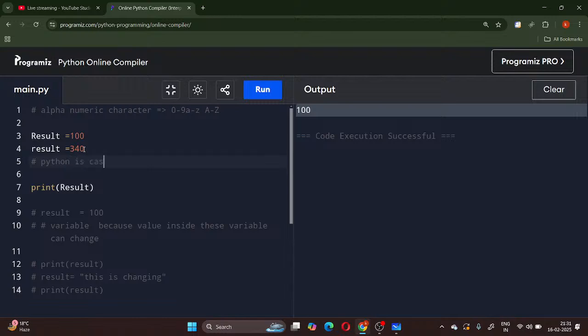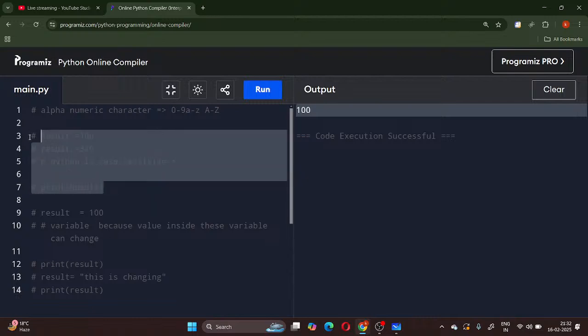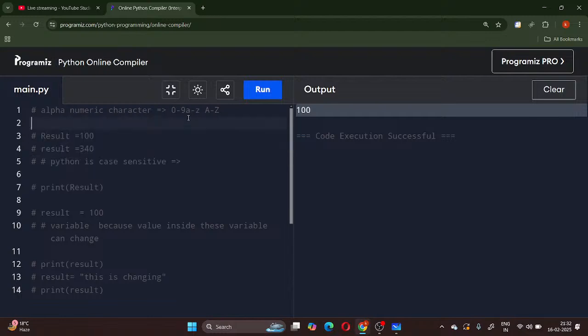Python is case sensitive. Case sensitive simply means that a small case and uppercase are treated differently. So this result at line number 3 and at line number 4 are different, right? So this is one of the things. Then we were discussing what small cases and upper cases are. So a small case and uppercase are treated differently, and obviously